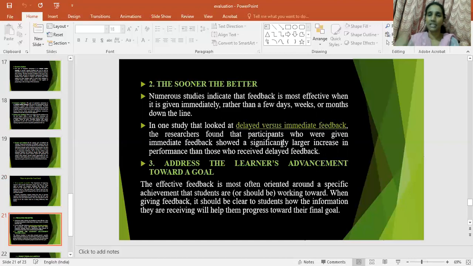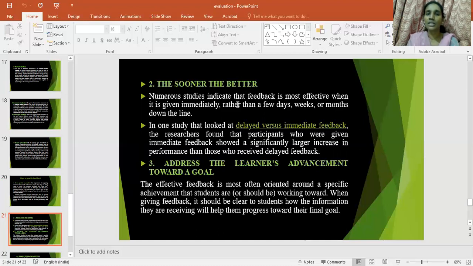Okay. And the next one, the second point, is the sooner the better. Means here, as I've told you, don't waste the time. As early as possible you have to give the feedback, because after finishing the class, it is the responsibility of the teacher to collect the feedback from the students or to give the feedback to the students. So within that class only you'll be getting the fresh responses, and it will be remembered by the students as well as the teacher.